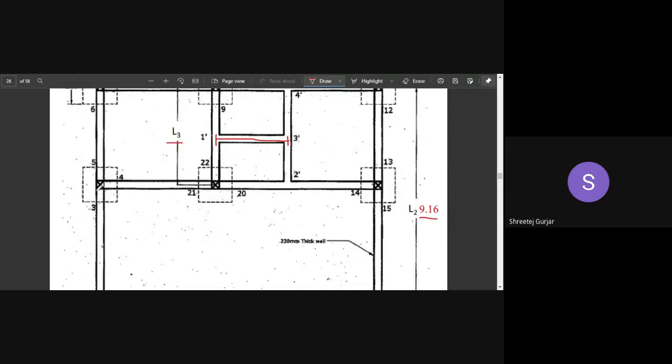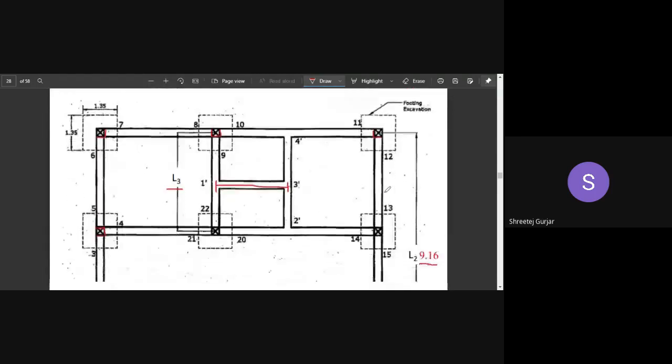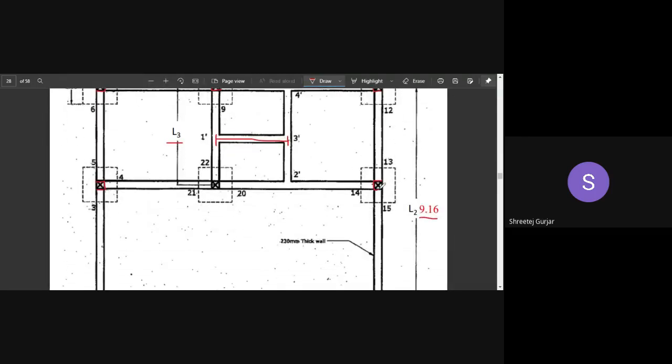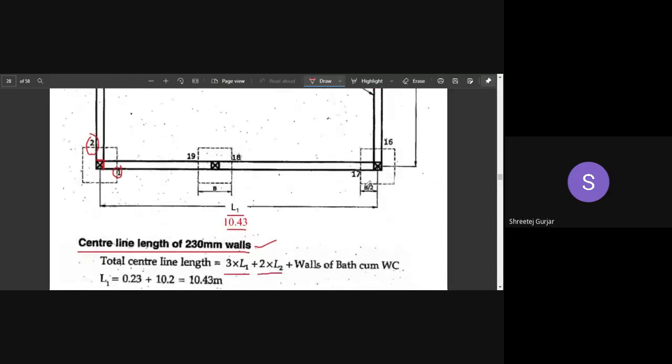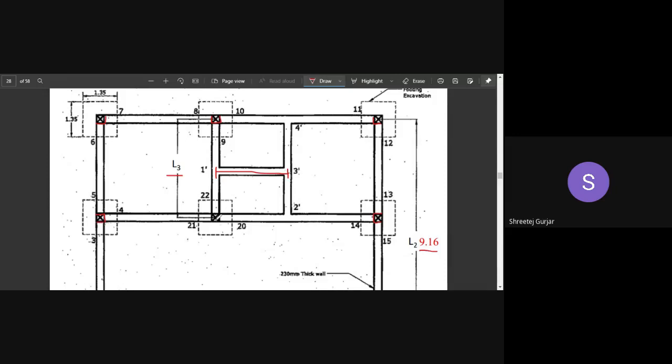Now if you look here, there is a one face contact here. So this is 3, this is 4, and then this is 5. There is no wall over here, so do not consider this side. This face is not to be considered. So 3, 4, and 5. Similarly 6 and 7, then 8, 9, 10, and then this is 11, and then this is 12. Then this face 13, 14, 15. Then here it is 16, 17. Then here only 2 faces, this face and this face, 18, 19. And then over here 20, 21, and 22.